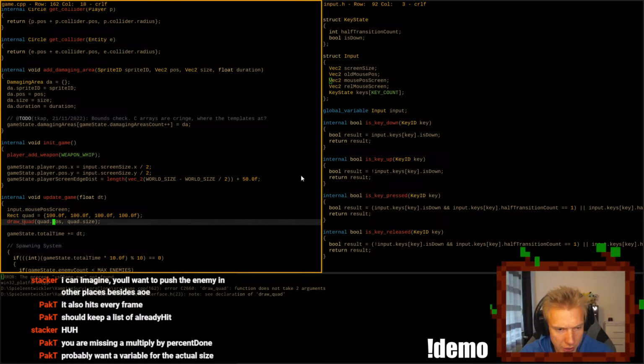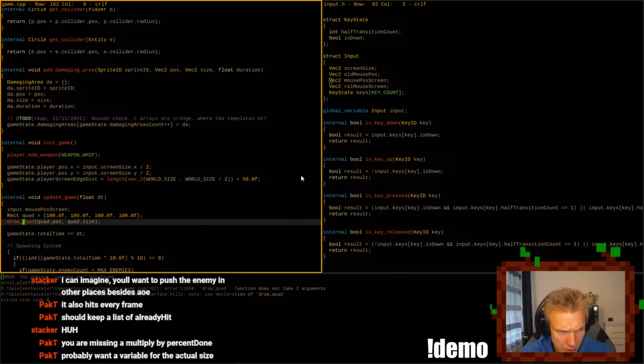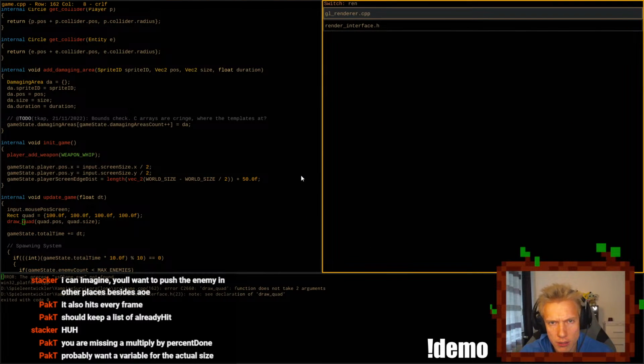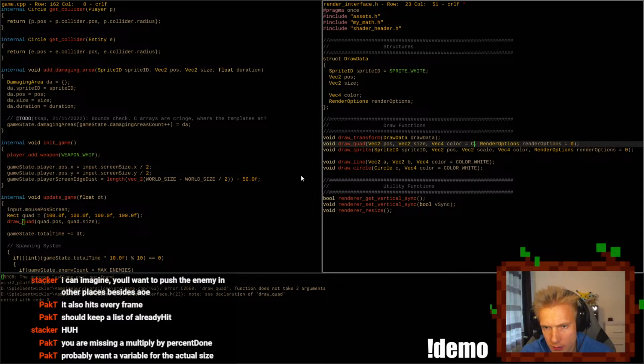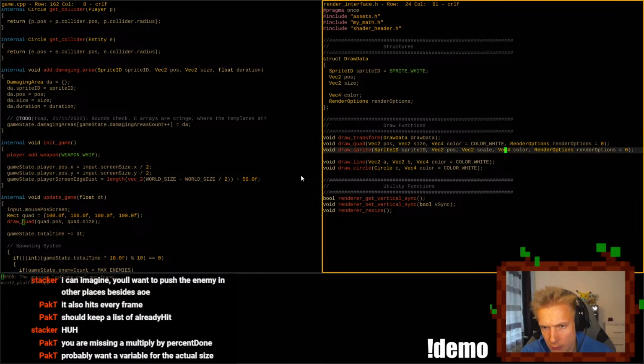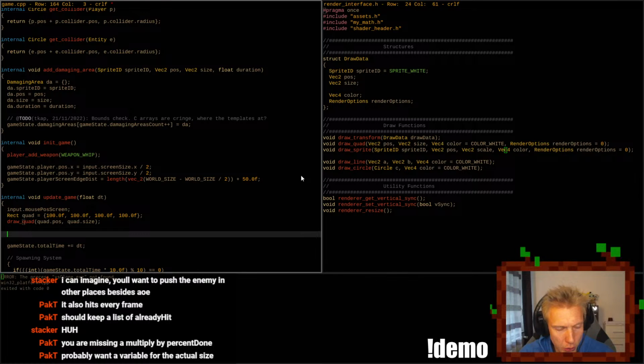Draw quad function does not take 2 arguments. It should only take 2 arguments, bro. Color? It should be, by default, it should be white. Bruh. We can draw the quad and then around the mouse.